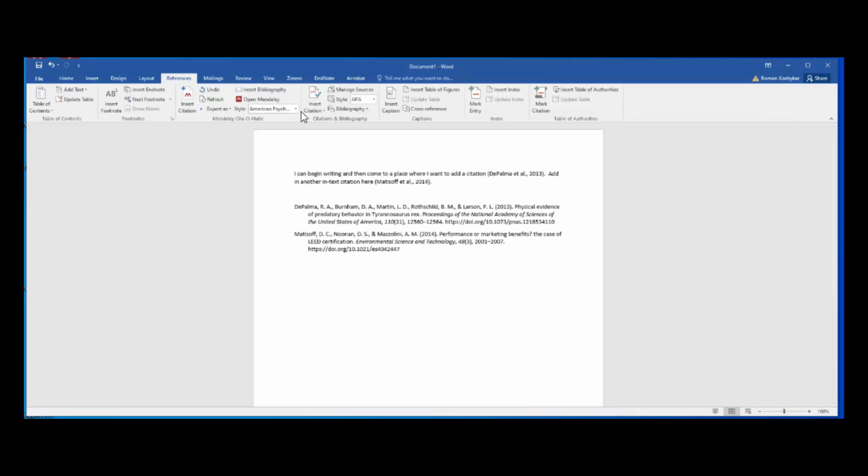Changing the style and reformatting your document according to that citation style is very easy. Once again, we go back to Word and use the Style drop-down menu. And here I can change from the APA style to the IEEE style, which is numerical for in-text citations rather than author date. And immediately, Mendeley has reformatted all of the in-text citations and the bibliography for me.